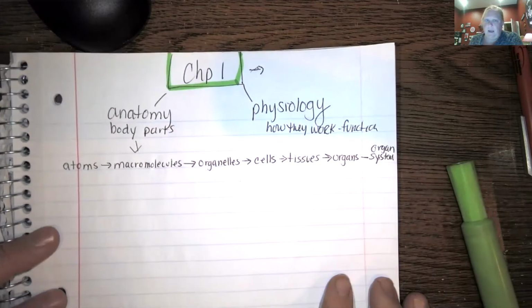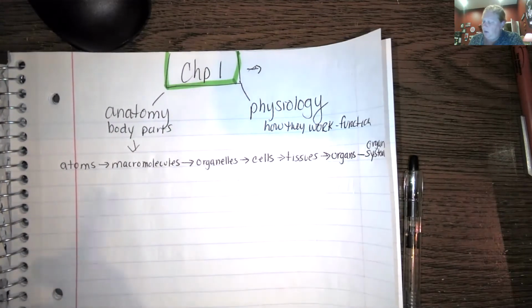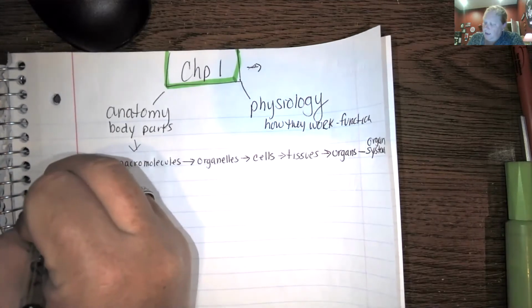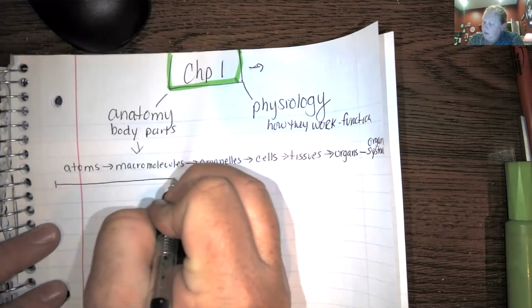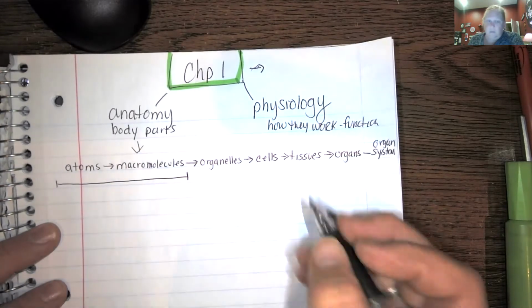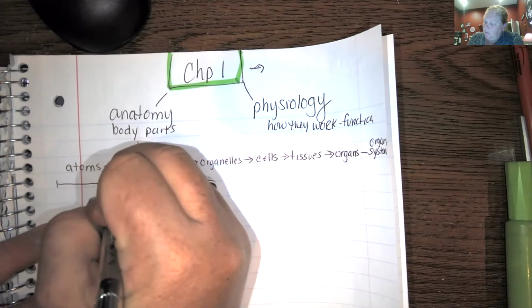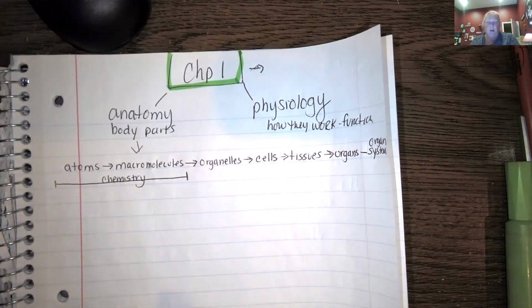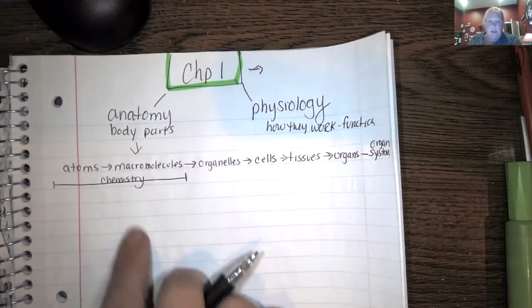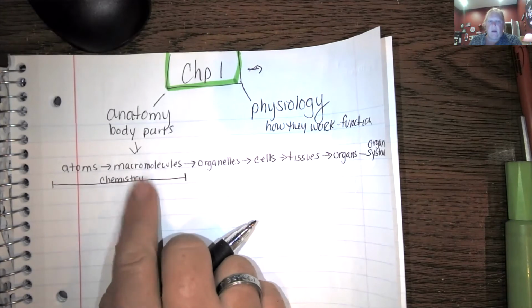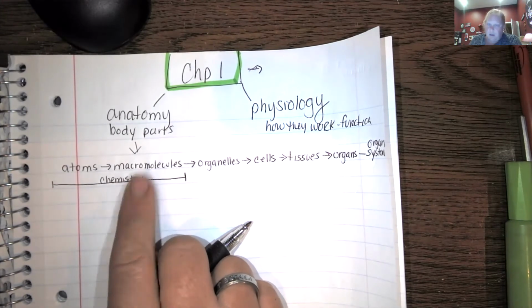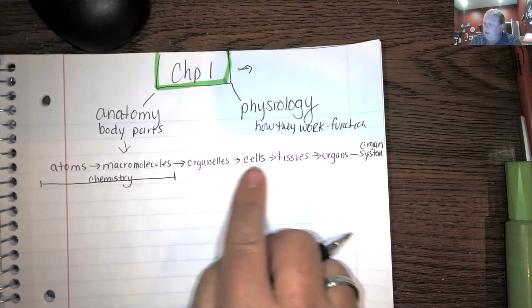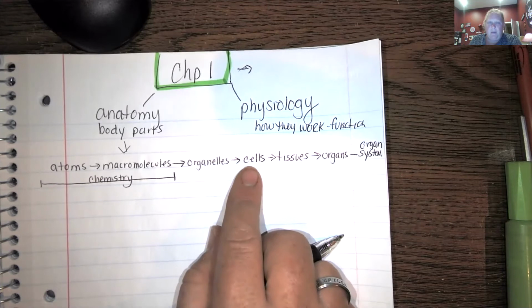Now, you might be like, seriously, why did we start with that? Well, here's the chemistry part. You're a giant walking chemistry experiment. So we're going to spend some time reviewing that a little bit, but I don't go back over chemistry because I know you had chemistry. The organelles and cells, we of course learned about in biology, but we're going to go back to that